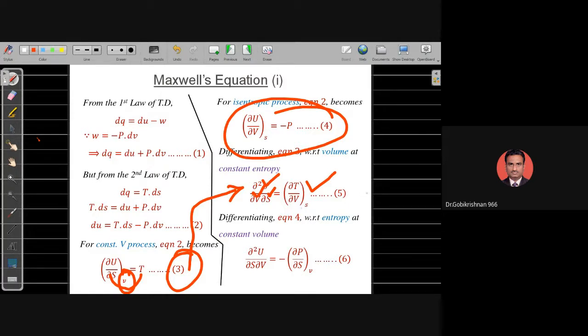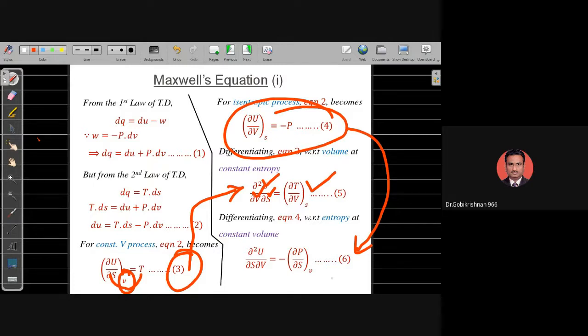By doing so, I got equation number 6. This is the equation which I got: ∂²U/∂S∂V is equal to minus ∂P/∂S at constant volume. I got this expression. Okay. Since U is a state function,